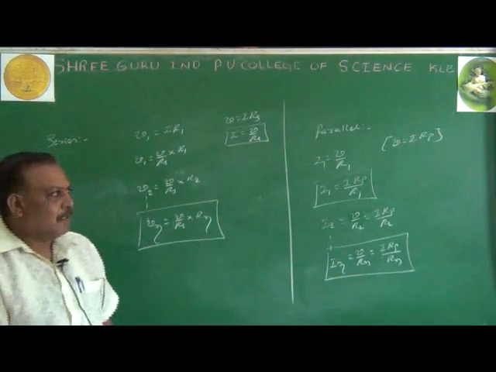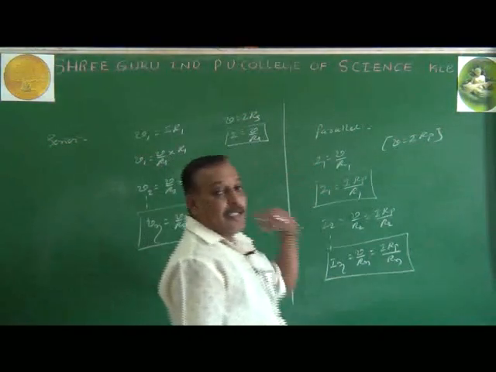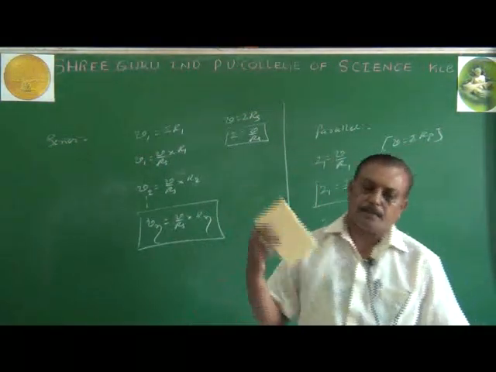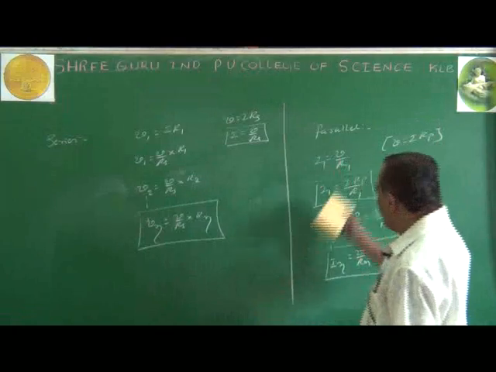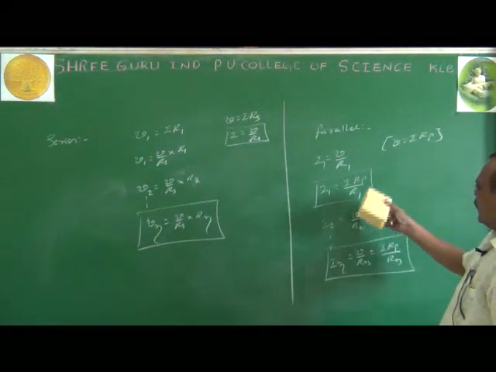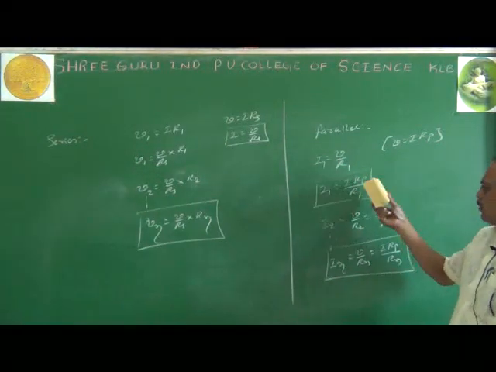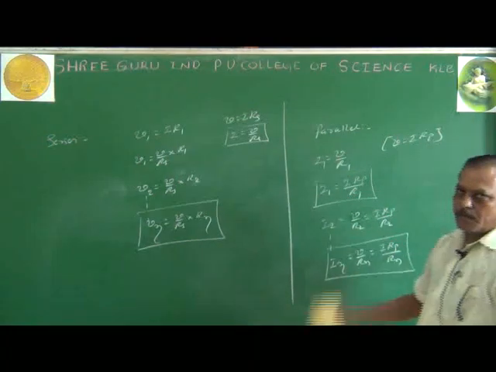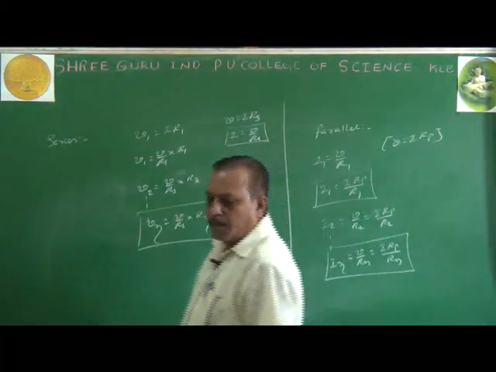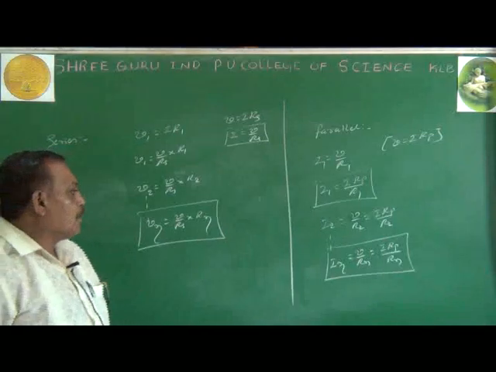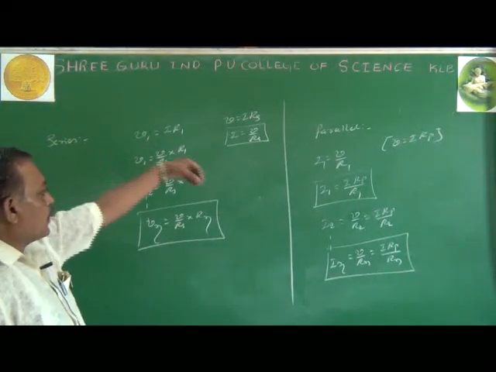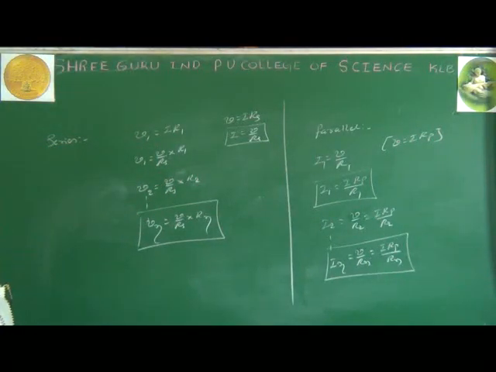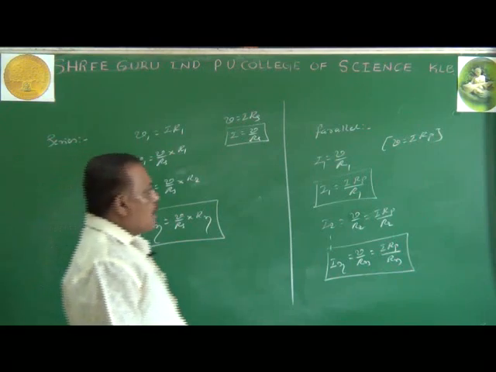Is it clear? Now the same equation is termed as the branch current equation separately. Now this itself gives what? The branch current equation, because if I take two resistances, then I can easily find the branch current. Is it clear? Just glance for a few seconds. Then after this, is it clear?